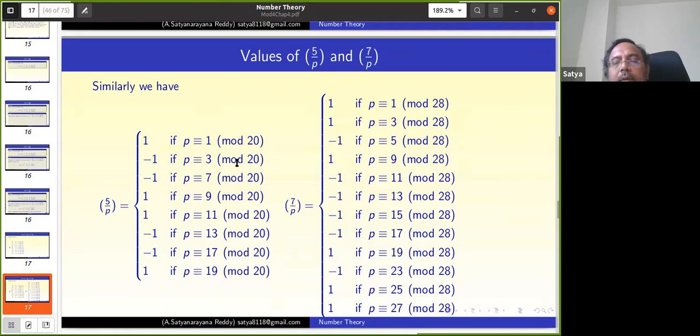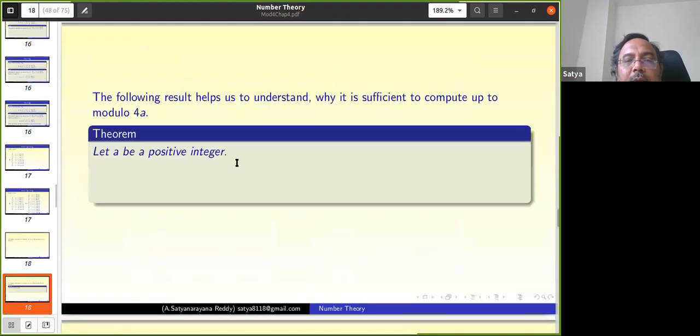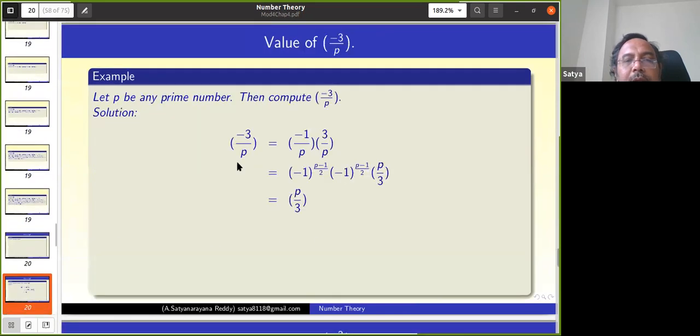Like that, of course, this is also becoming lengthy, becoming very big. As the prime increases to 7, we need to go to 4p, right? So not easy. I'm not saying that we have solved it in polynomial time or something. So there are still issues. There are some other questions, but I will stop here. This example we did earlier.